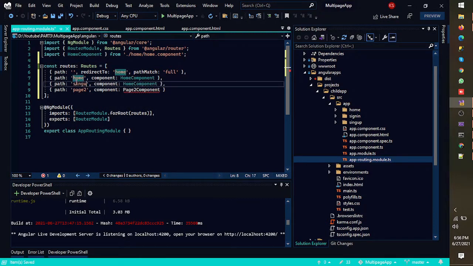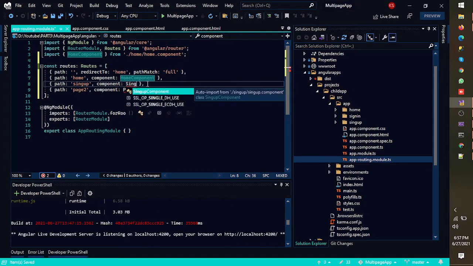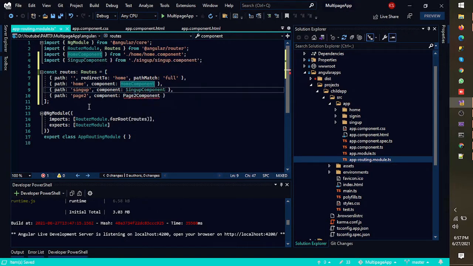Similarly, secondly, we would need sign up, and here we will need sign up component. Oh, I misspelled it. So ng sign up component. That's sign up component.